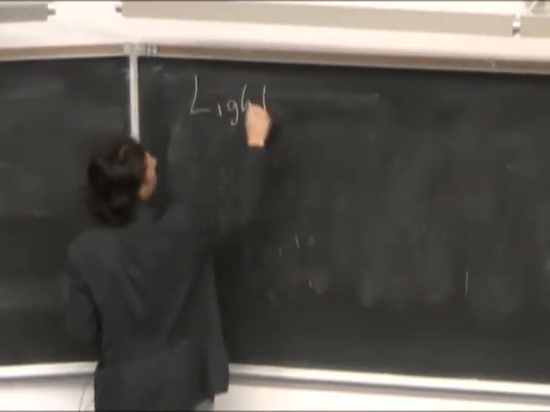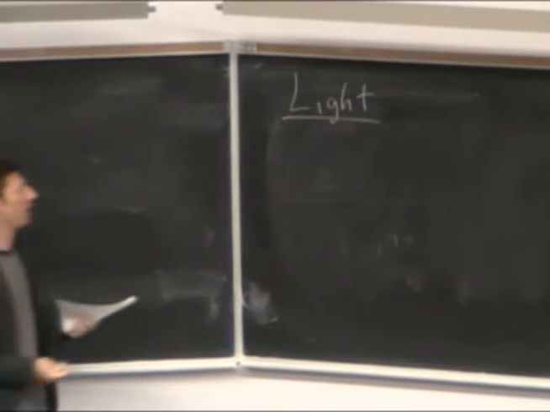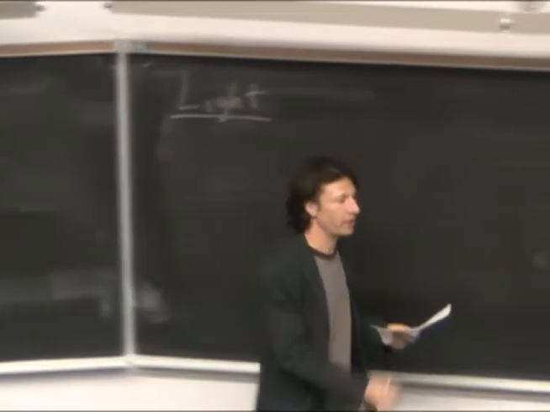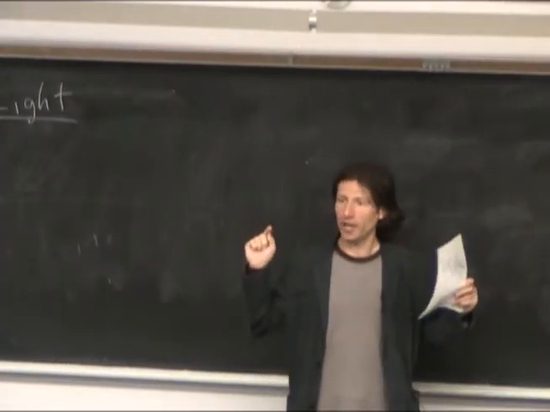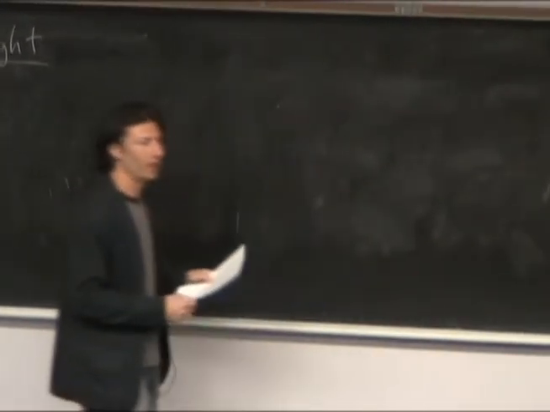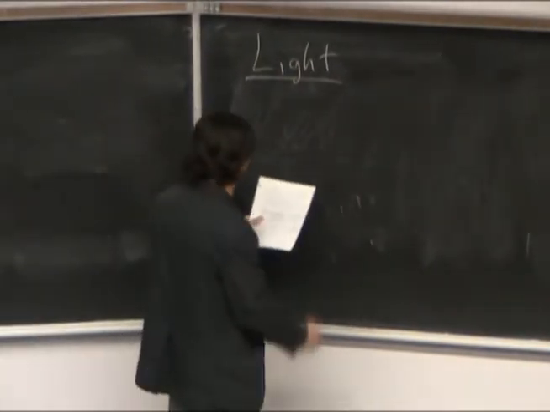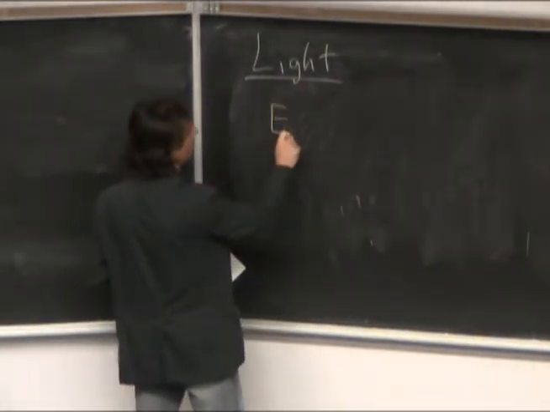And we'll first talk about visible light and generally electromagnetic waves, and we'll study the way optical systems work, and then we'll talk about wave properties of light, which will bring us straight into quantum mechanics. So light is an electromagnetic wave,